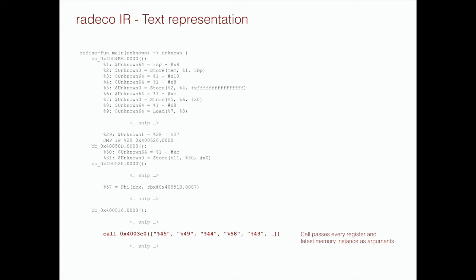Commit to it. Now, why do we do this? Once we encounter a call, we cannot say what register or memory the callee function is going to modify. So the safest assumption is that the callee modifies every single register and writes out memory. Because of this, we pass in every single register and memory as an argument. But this is hard for analysis because we essentially lose all the information that we tracked until the call statement. So this is fixed in one of the phases, and I'll explain this when we come to the slide about analysis. Okay, so now we go back to the boxes.